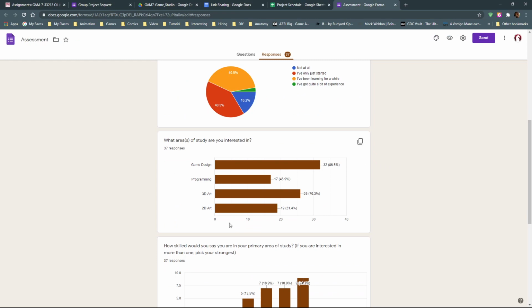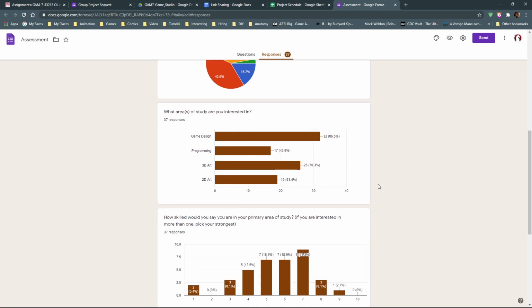This is the breakdown demographically of the class, by the way, just so that you guys are all aware. You should be able to see this response sheet if you look at the survey that you filled out. We have this many game designers, this many programmers, this many 3D artists, this many 2D artists. You were able to select as many as you wanted, so we don't have 32 people just in this category. That's split amongst all of them. So a lot of people are into design. The lowest